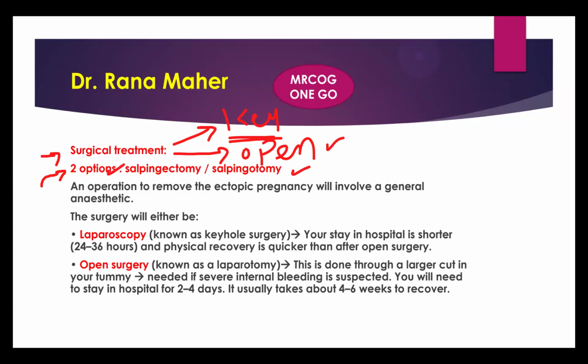If it's a first-time ectopic, for sure it will be salpingectomy, removal of the pregnancy and the tube, or the tube with the pregnancy inside. No need for follow-up after salpingectomy because we remove everything. And if the patient is pregnant next time, she has to tell her GP or the midwife immediately to offer her an early scan in the future pregnancy